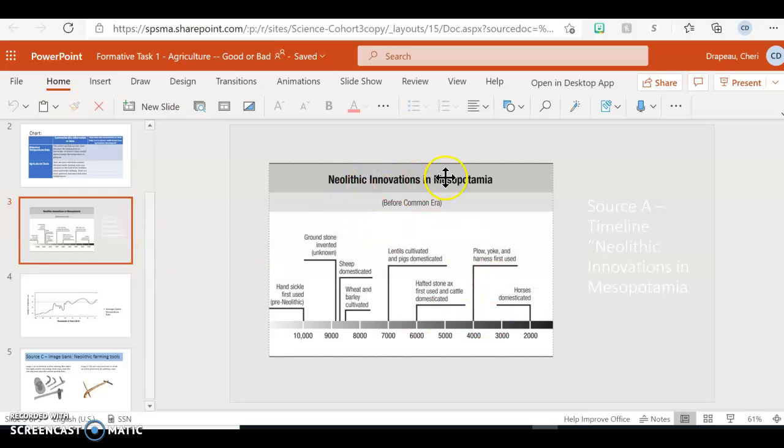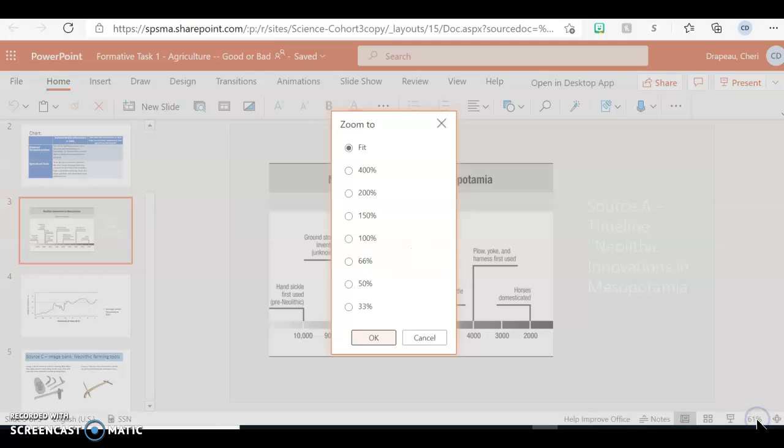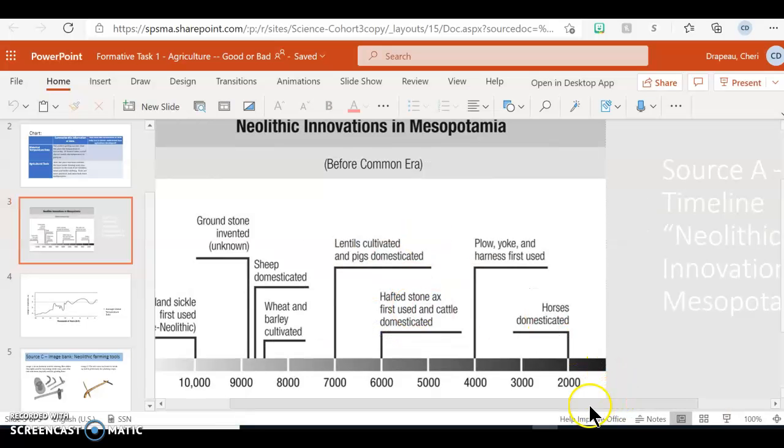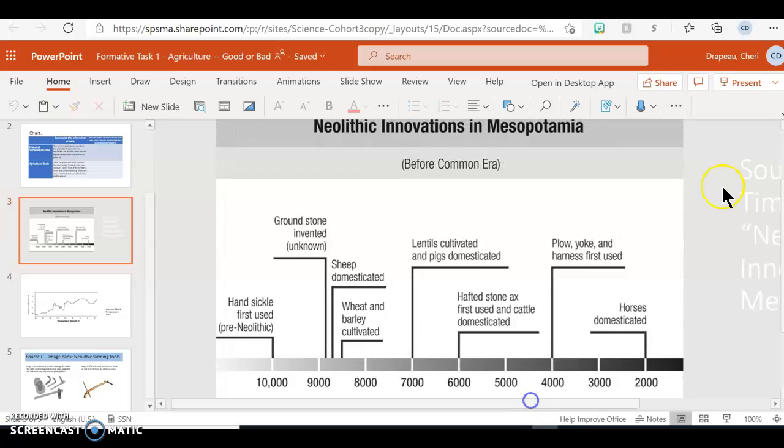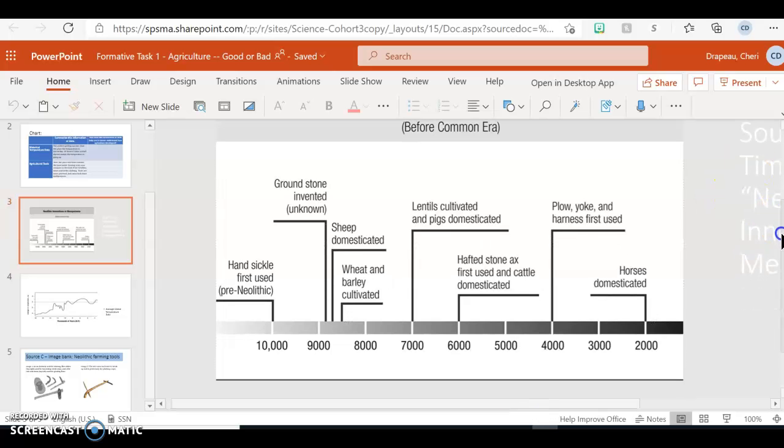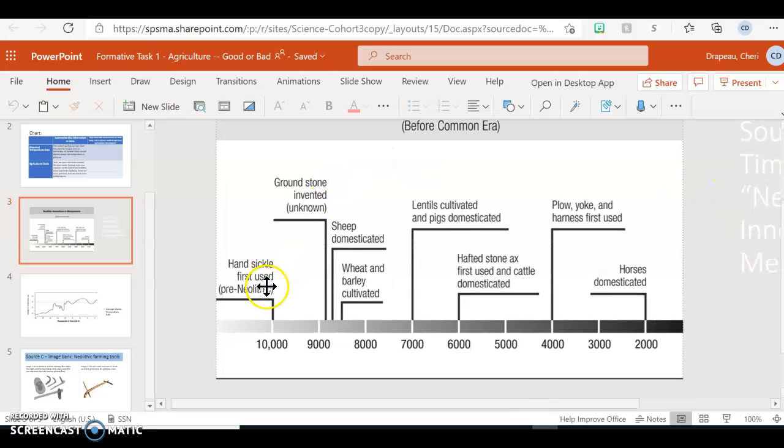Here I see Neolithic innovations in Mesopotamia. I can't quite read it, so I'm going to make it bigger. So down here, there's a number percent. You click on the number percent, choose 100 and OK, and it makes it bigger for you so you can read it better. So what I'm seeing here is that there is a tool,